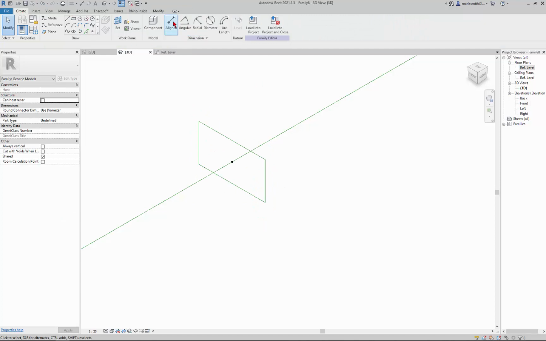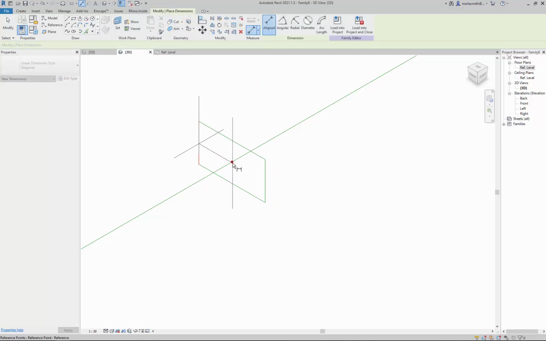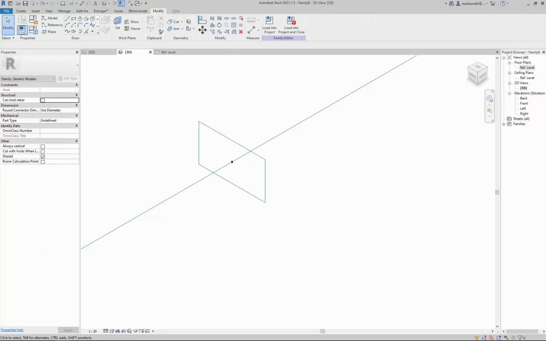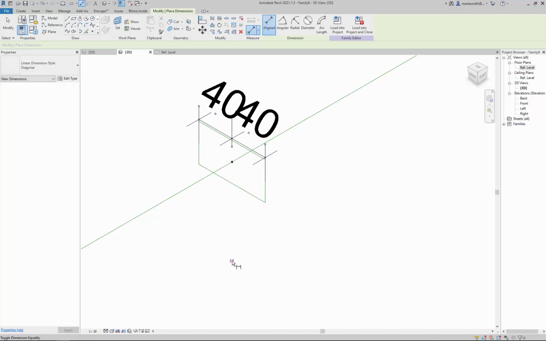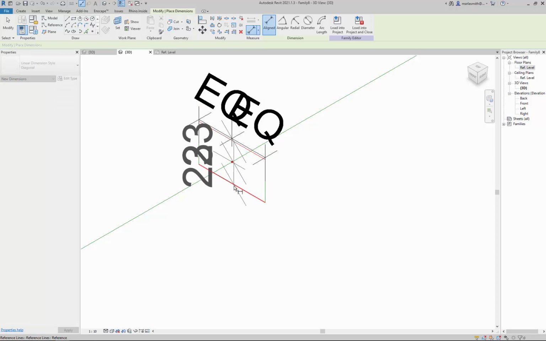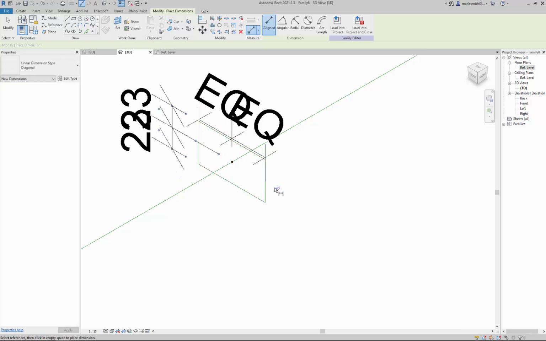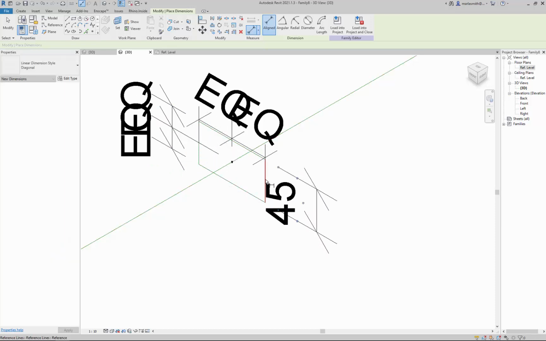Then I'm going to create an align dimension from here to here. Oh, it's kind of big. Let me reset my scale down here, and then I'll go to create align dimension. 1, 2, 3, and I want to equal that out, and then I'm going to do the same thing here. 1, 2, 3, and then I'll equal that out, and then I can do an overall dimension from the line to line. I'll pull that out here, and an overall dimension from line to line, and I'll pull that down here,